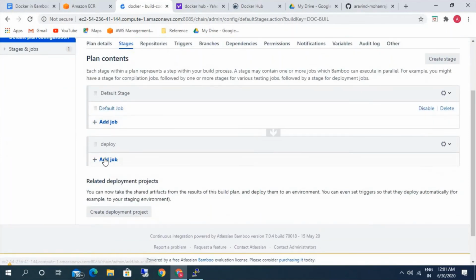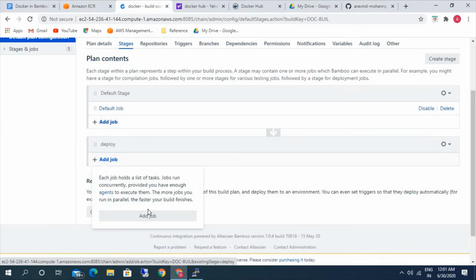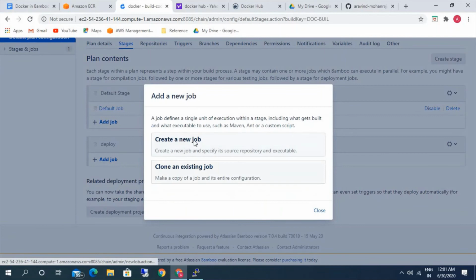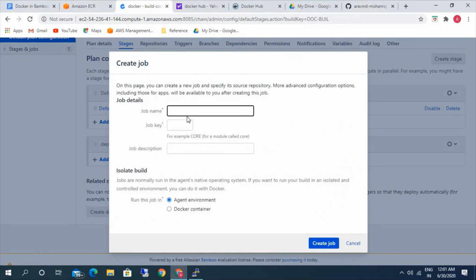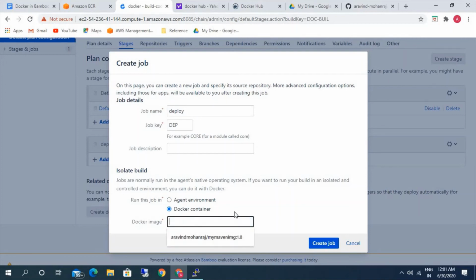I've created another stage here by clicking on new stage. This will be for deploy. Here we will be using the Docker container. We can use the same Docker image that we used.